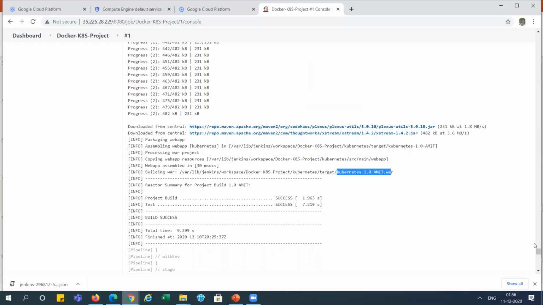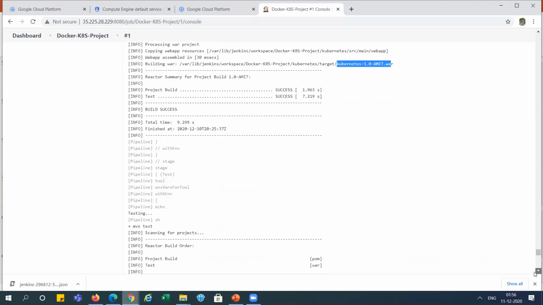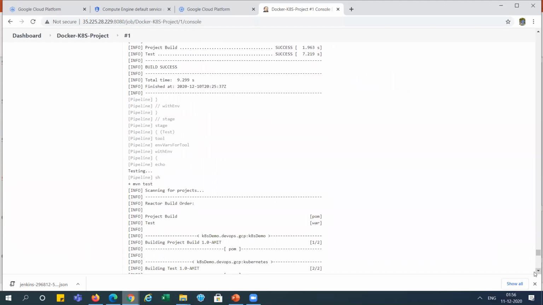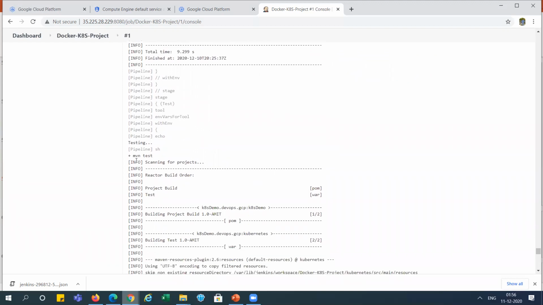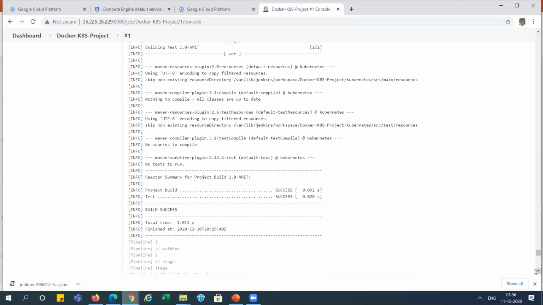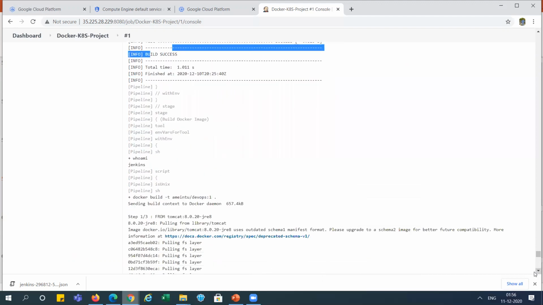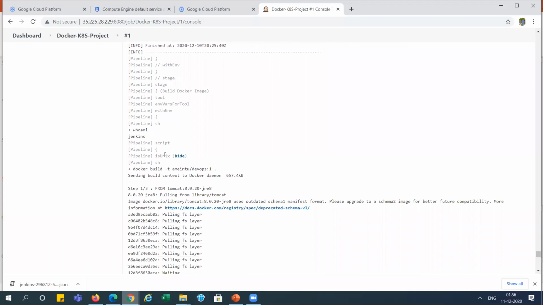We have done this, creating the build with the name of Kubernetes 1.0 Amit.war, right? This war is created, right? And let's see, we are testing it. For testing, creating the war and testing, we have build success, right? After testing it, we are creating the Docker build, right?